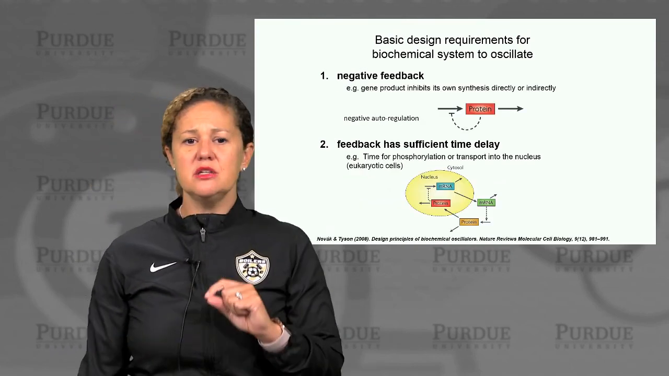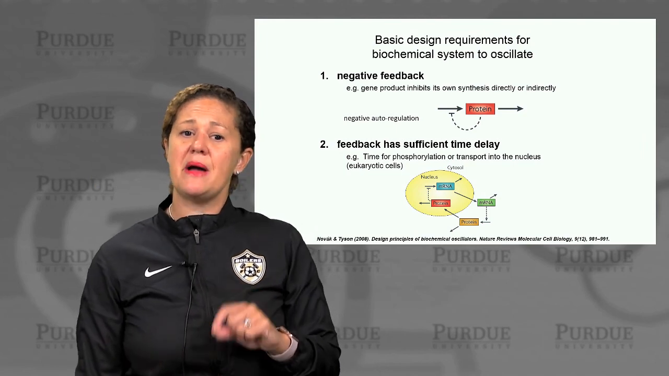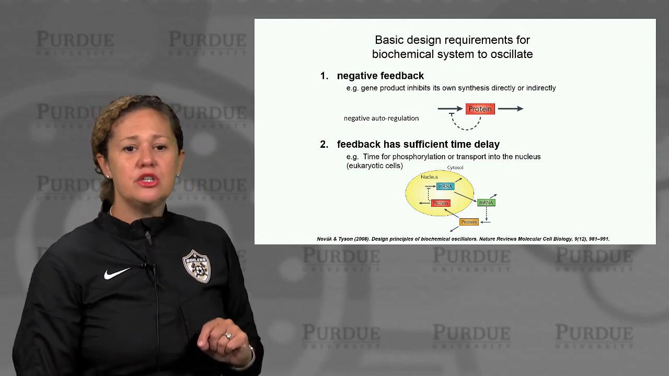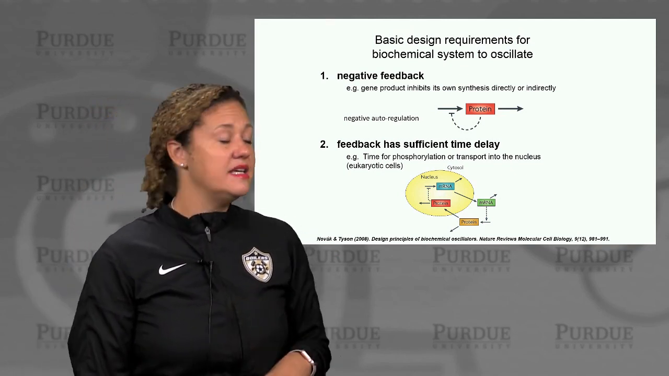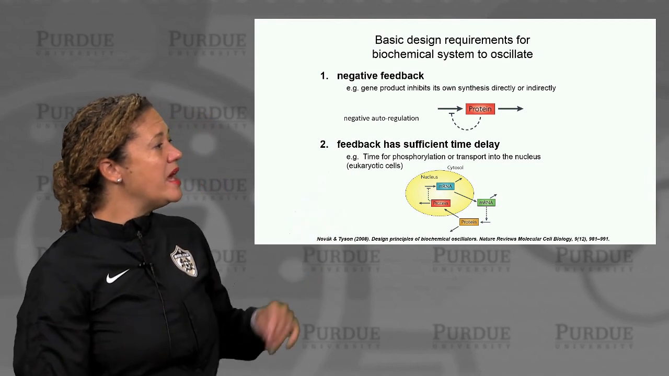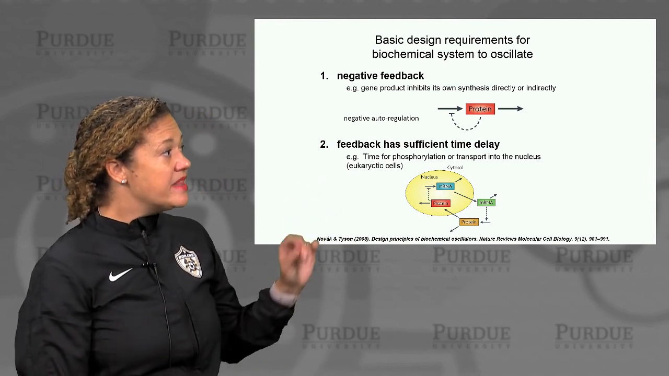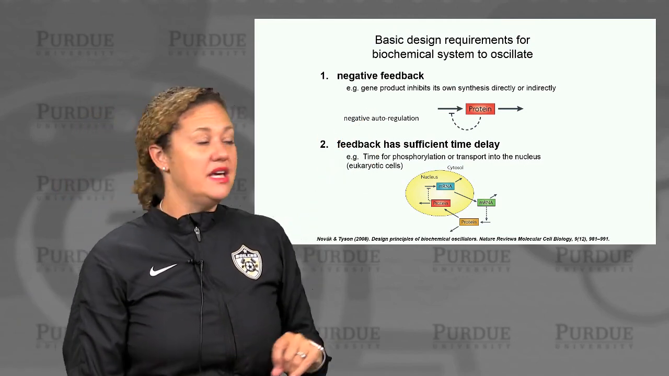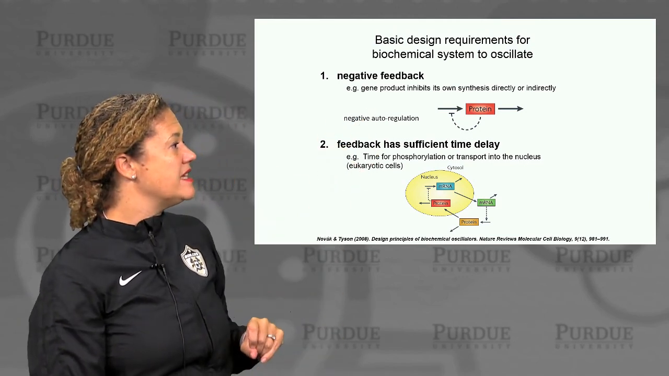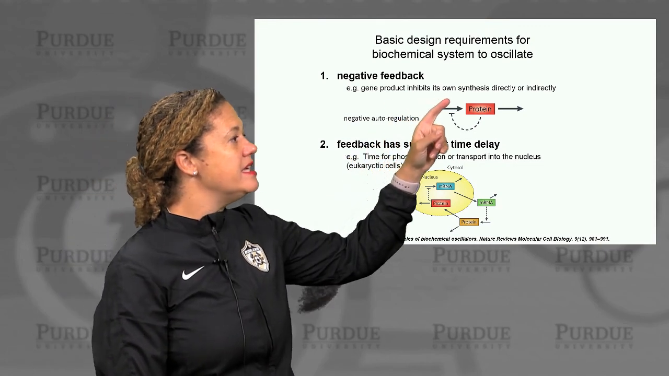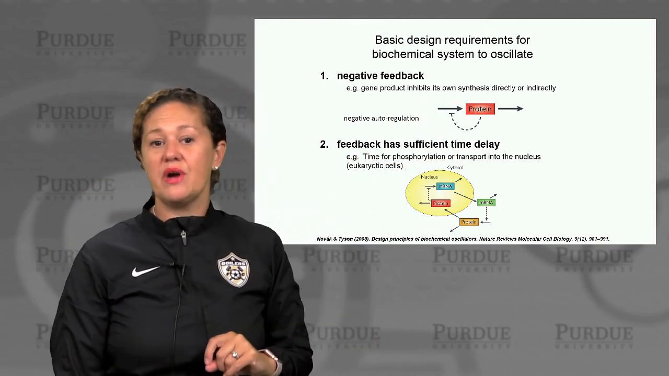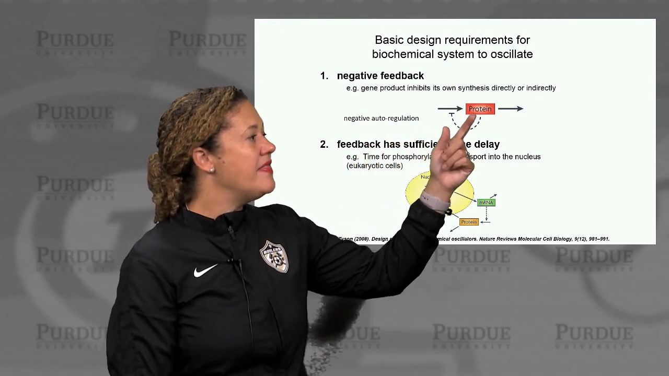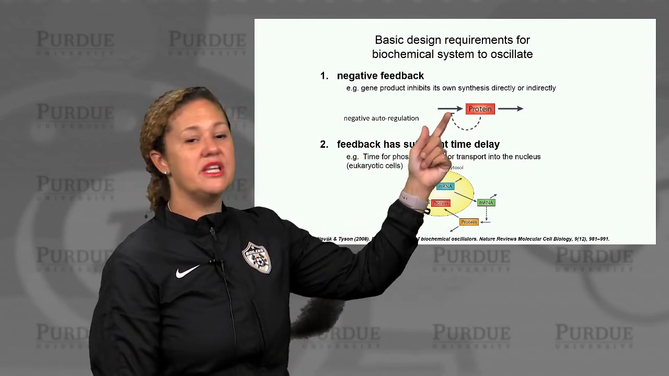So let's look a little bit more into these in more detail from a biochemical perspective. What are some ways that negative feedback could exist in our biochemical system? Well, one way in a genetic network that we're looking at includes negative autoregulation. This is one way that we looked at previously, where a gene product inhibits its own synthesis either directly or indirectly. So you have some expression of a protein, and that protein then comes back and negatively affects its